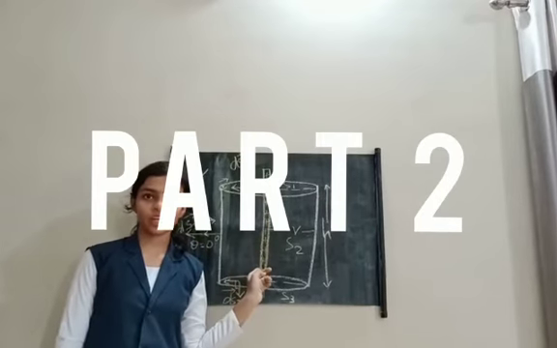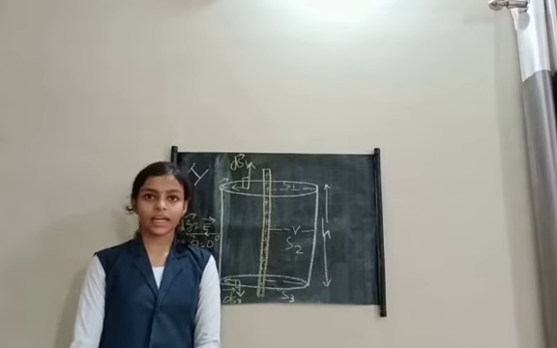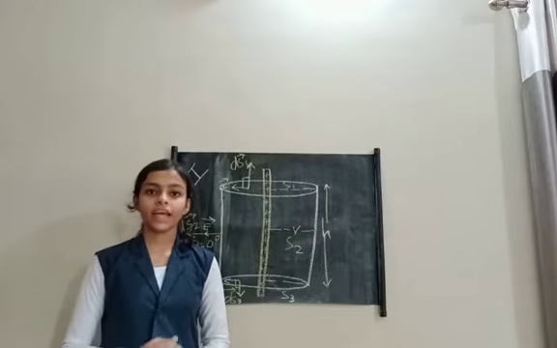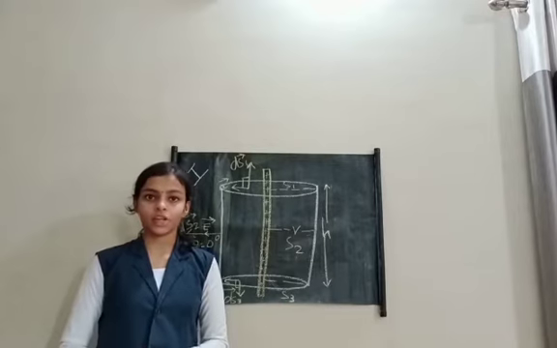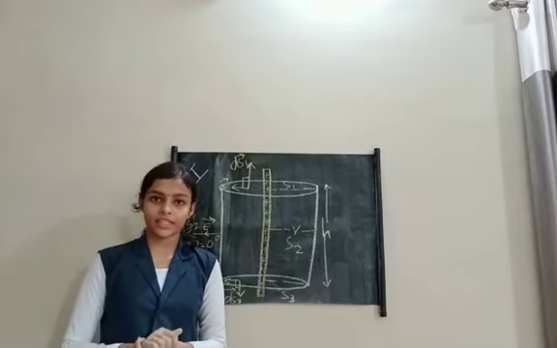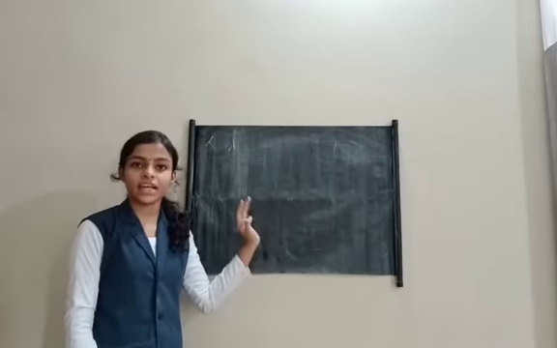Consider a thin infinite long straight conductor of linear charge density lambda. Let P be a point at a distance r from the line. To find the electric flux at a point P, draw a cylindrical Gaussian surface of radius r and height h. Let phi1 be the electric flux through the surface S1.